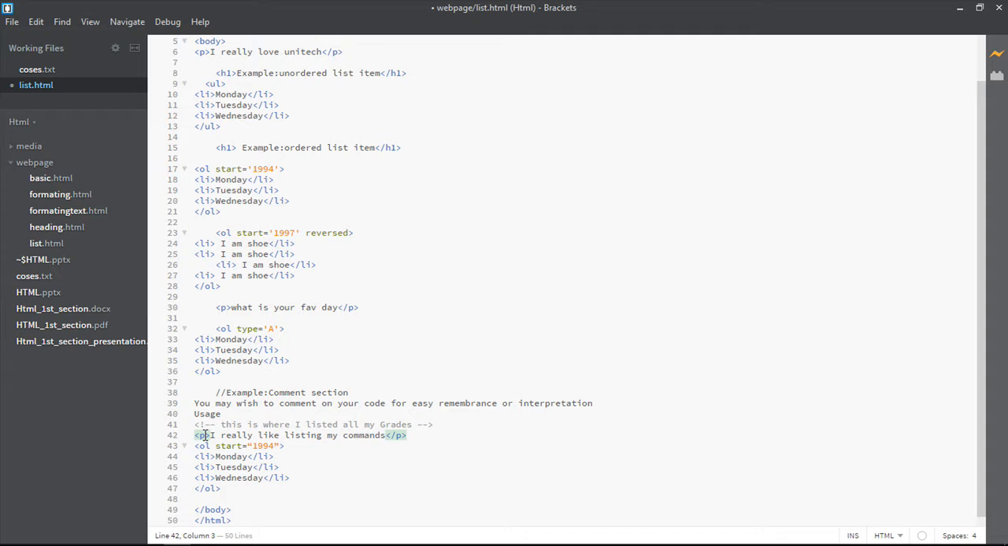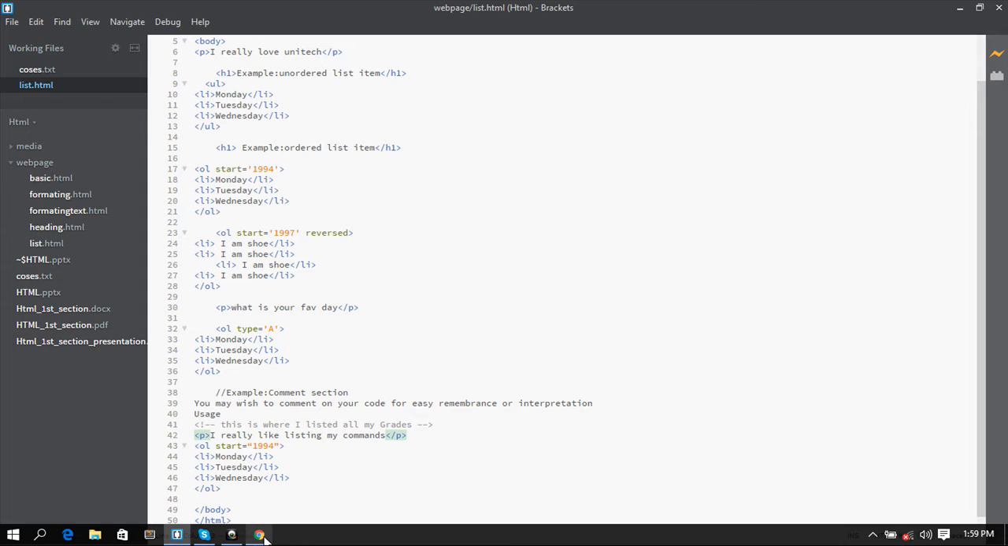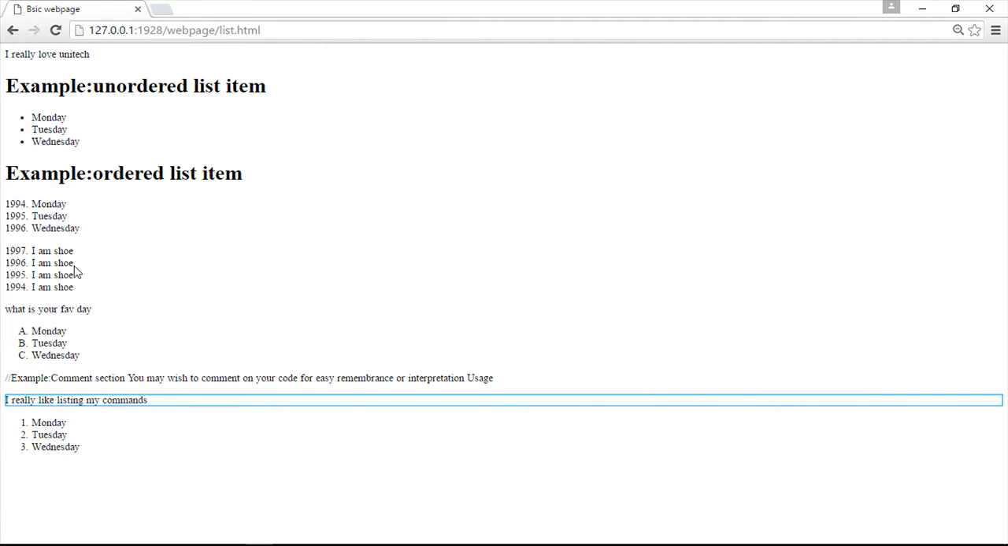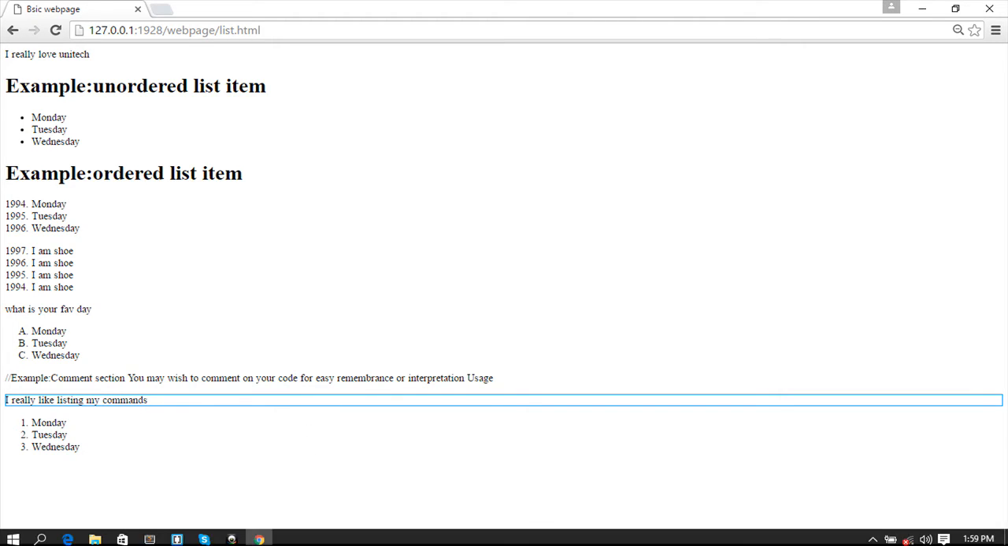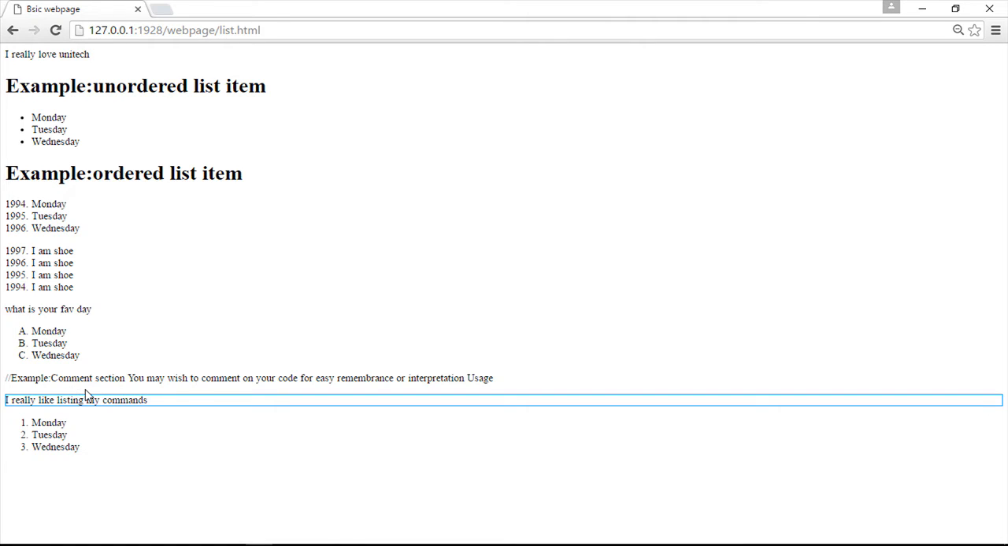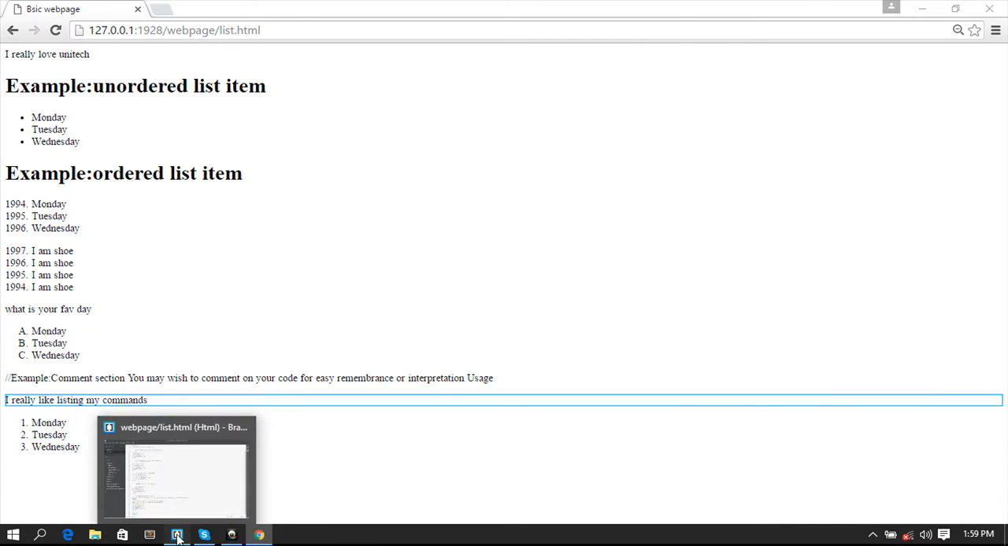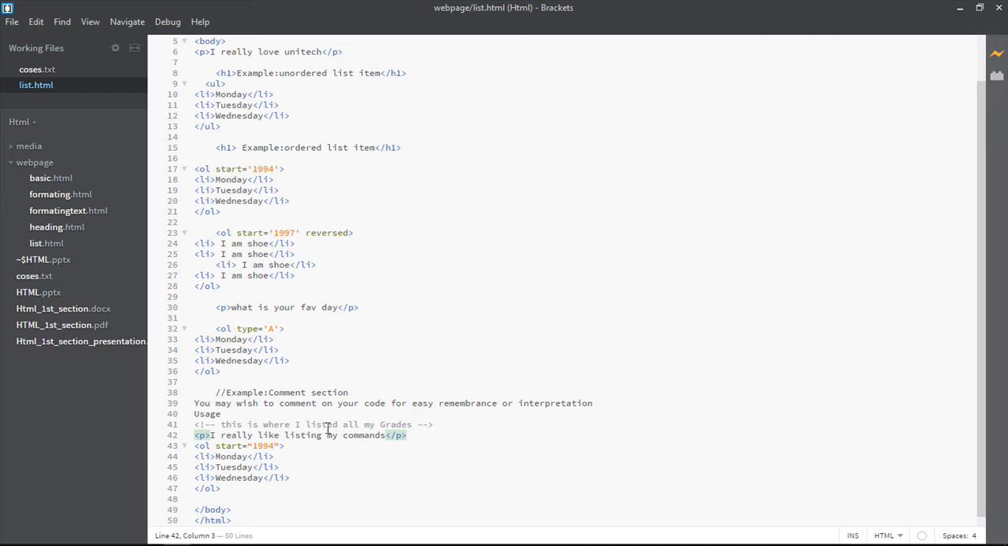So let me just put my cursor here. Brackets will do everything for me here, so you can see that this is not going to appear in the browser. So let's get there, and everything is in place. I really like listing my commands is shown, but the point is that where we passed the comment, somewhere here, it's not being shown. So let's get back to our editor, and you can see that this is where I listed all my grades, and it was not shown. If you really want to know this, let me just delete this,